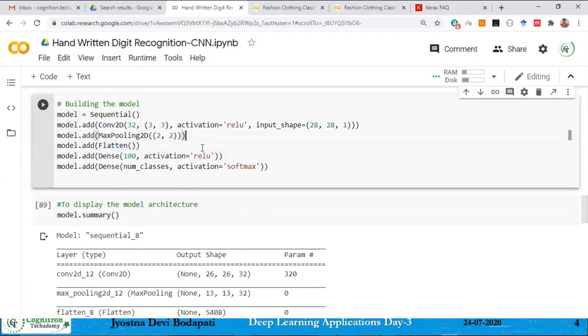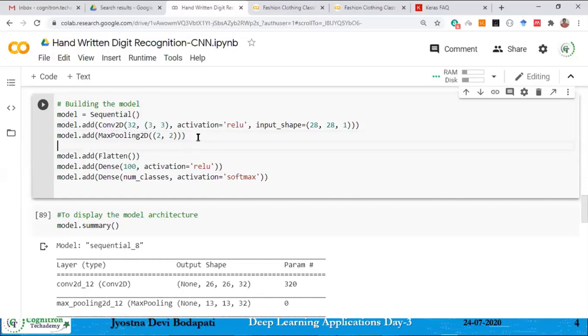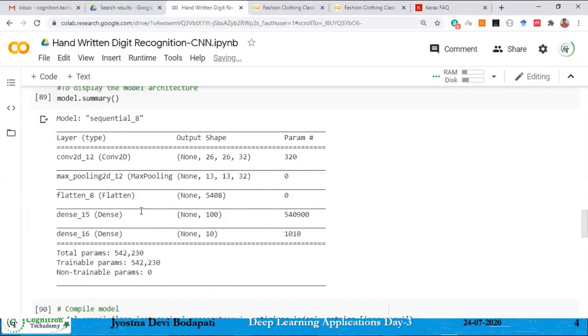Whenever you express your model performance, you have to express it on the test data. I got 97.98 on the test data. Yes, on the test data only you have to express your model performance, not on the training data. Actually, I tested on validation data. Validation data is okay, you need not bother about that, that's fine.